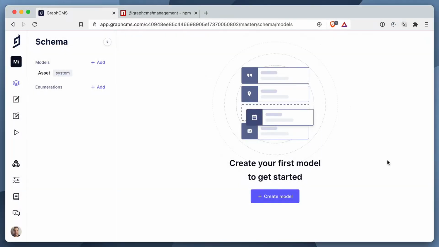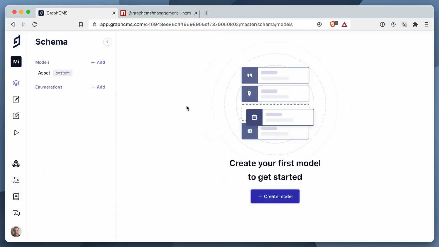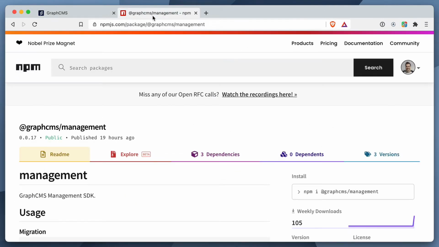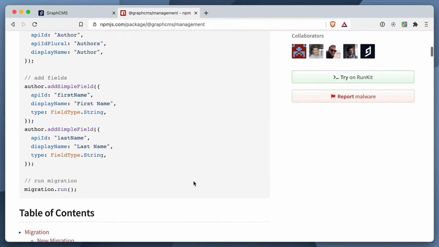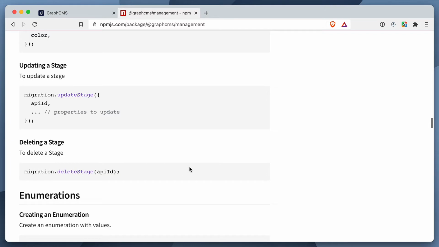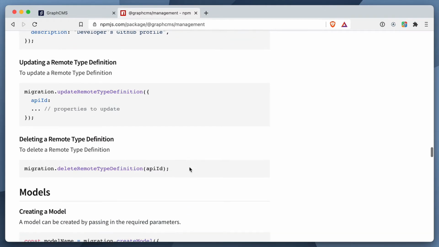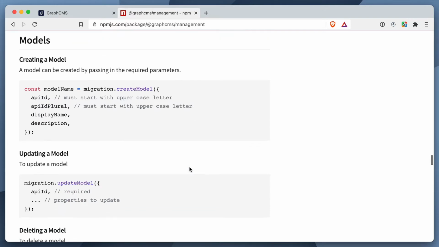Until now, you've had to use the GraphCMS web application to make any changes to a schema. This includes adding models, creating enumerations, and adding fields. But now you can use the new Management SDK that allows you to do this programmatically. You can create everything from updating locales, creating models, adding fields, creating enums, to adding relations between those and working